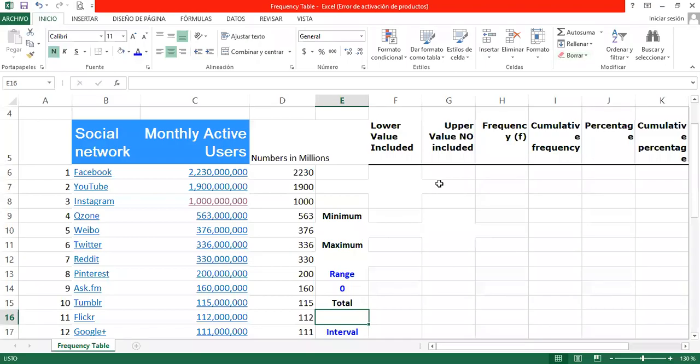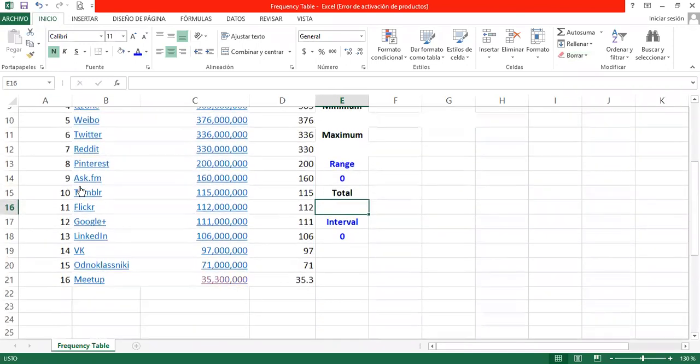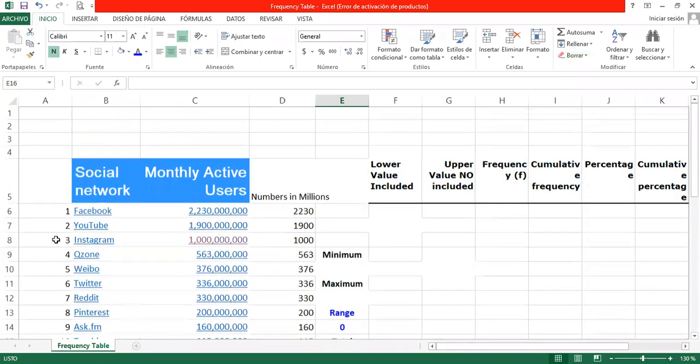Okay, we're gonna build a frequency table today. First of all, we need the data. The data we're using is monthly active users in the top 15, top 16 social media. So we have Facebook, YouTube, Instagram, and so on. We have here the numbers, and we are writing numbers in millions because that's a big number, to make